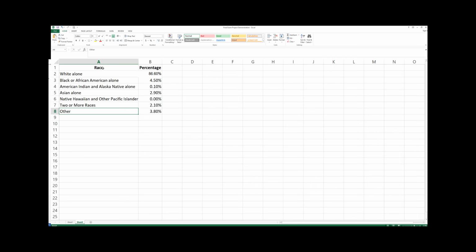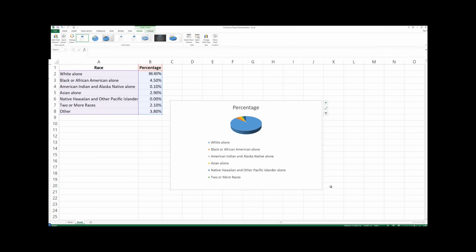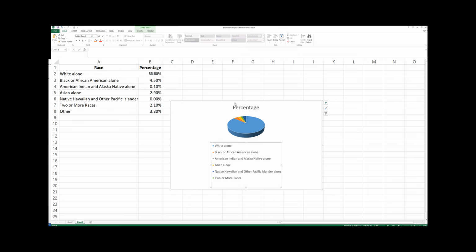It's the same procedure. You just highlight the 2 columns, make sure you don't include anything else. And then you just go to insert, and then you go to the 3D pie. And then once you have that, I want to make it a little bit smaller. This is too big, okay? So I want to make it like 8. I actually, when I create a chart, I like to move it to a new spreadsheet. So maybe I can put like race. In that way it looks